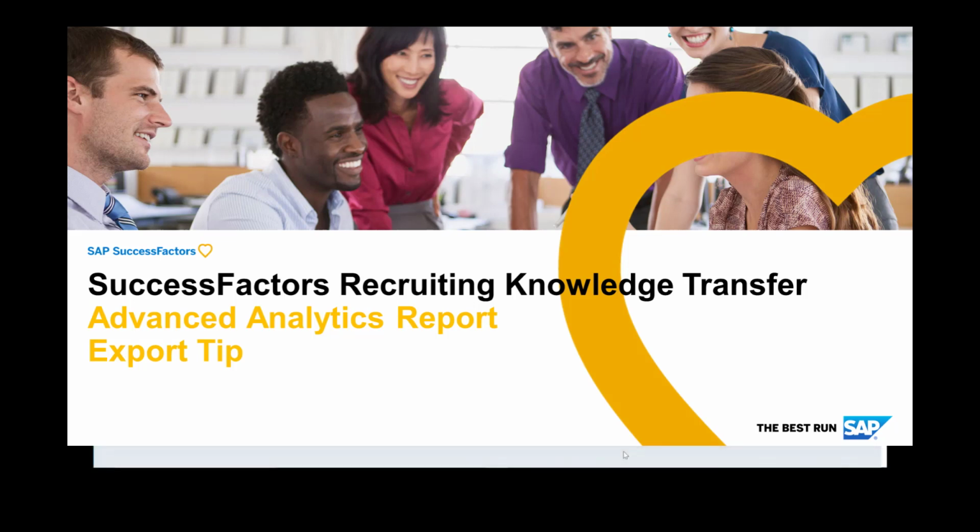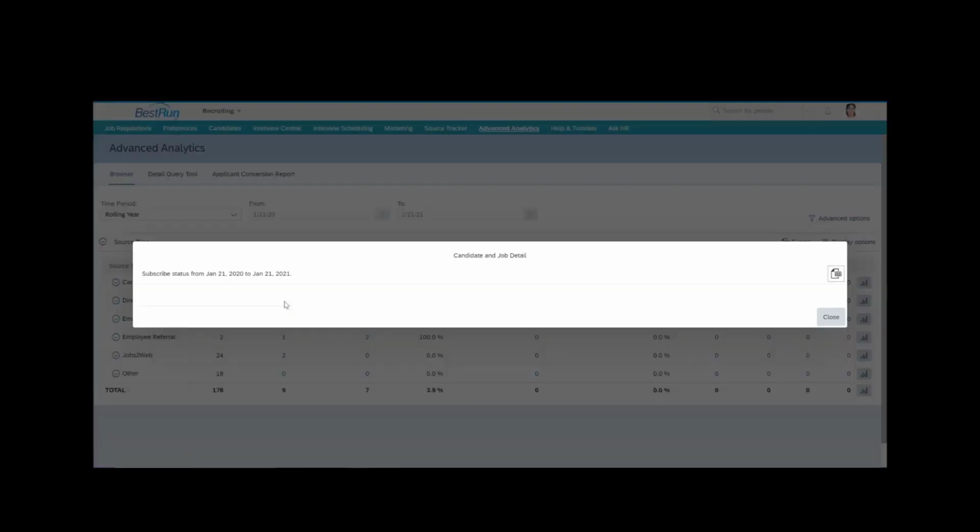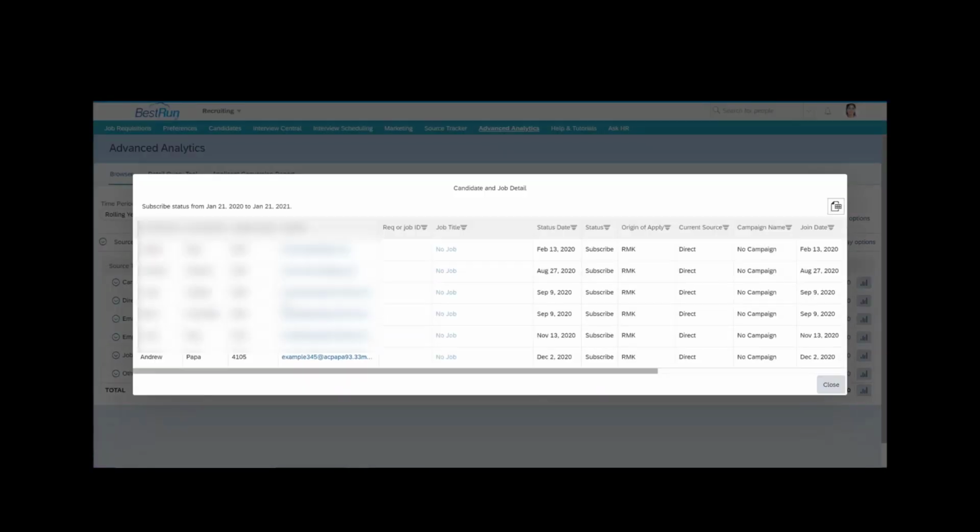I wanted to give you a little tip about using advanced analytics exports when you're looking at the detail. So, quick overview: the behavior that a lot of people have trouble with in advanced analytics is when you click the details of a record. For example, let's look at these 6 subscriptions. By clicking on them, you can see all of the details here, and you're actually able to export that record